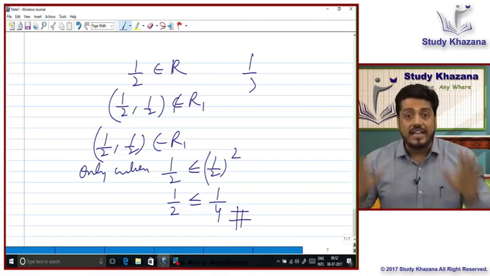Trust me, 90% of the students are not able to answer this question. Even after doing class 12, even after doing their mathematics honors, and when they are facing the interview for MCA, they are not able to answer. Why? Because at school level, they won't go into the concept. They just cram the examples. They just know how to get the polar form done, or how to get the square root of a complex number. But they won't understand the basic question. And this is the basic question.